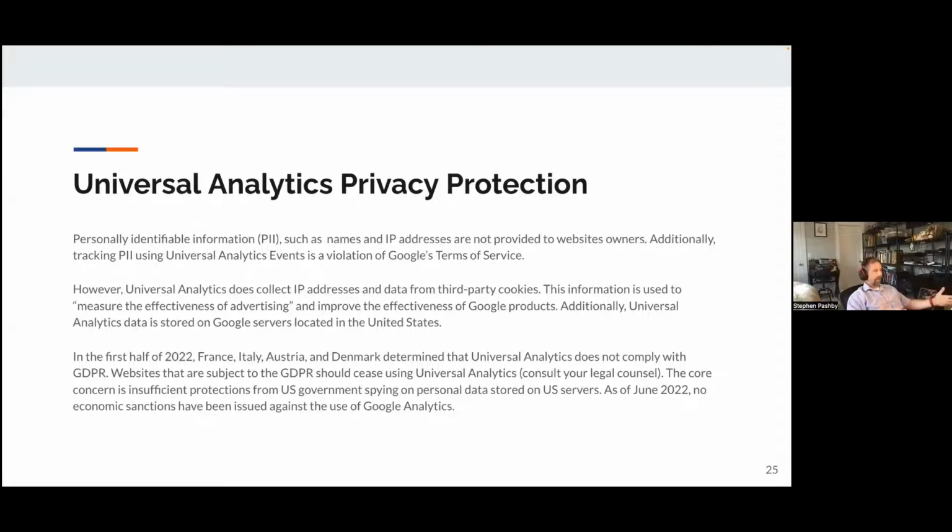So this is relevant because in the first half of 2020, France, Italy, Austria, and Denmark, their country level enforcement arms all determined that Universal Analytics does not comply with GDPR. So based on that decision, websites that are subject to the GDPR should cease using Universal Analytics, but again, consult your legal counsel. The core concern is that